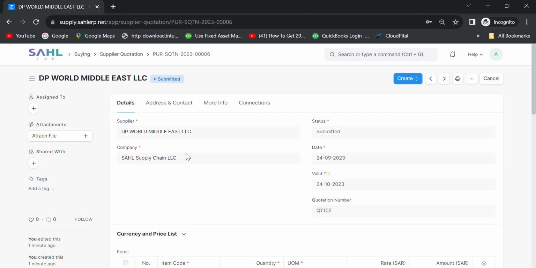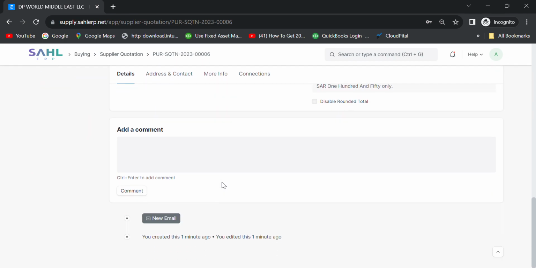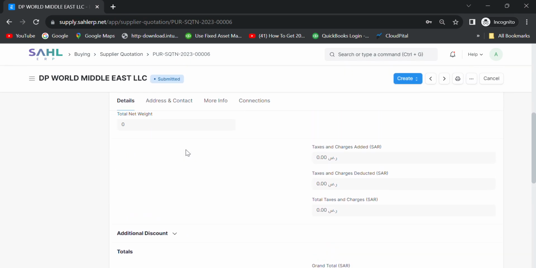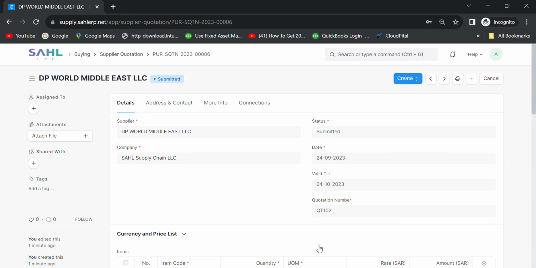These are the two suppliers' quotations against one item, and we can communicate over here also, add a comment and he will reply back to us, because the suppliers will be using the supplier portal, so they will get all these comments and respond back on this one. So the whole process can be done on this one, and the next step is to